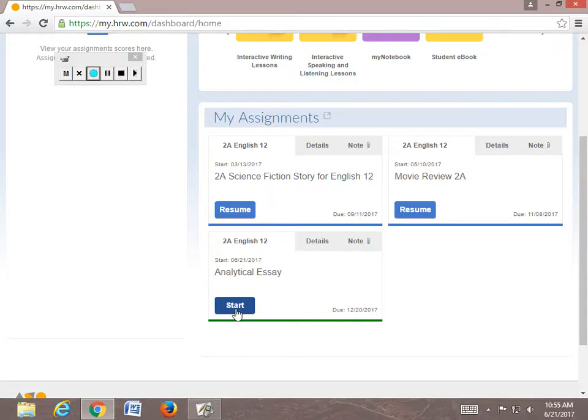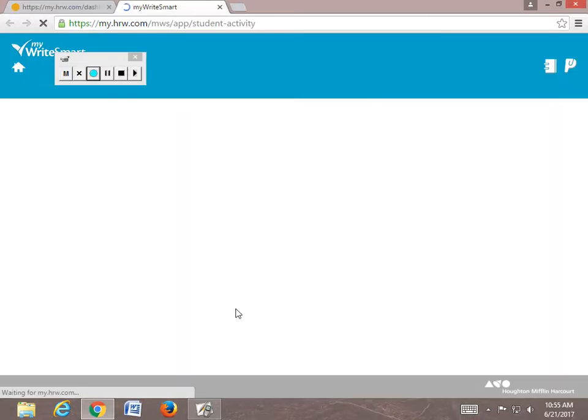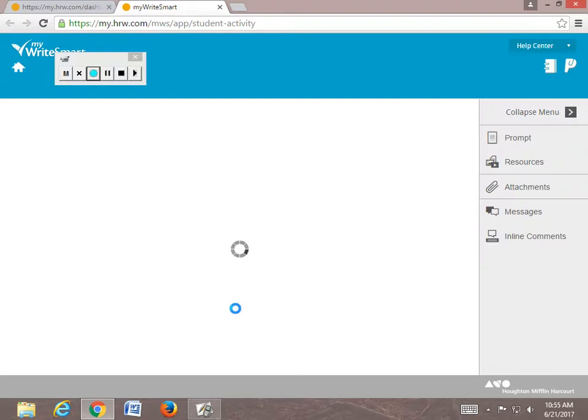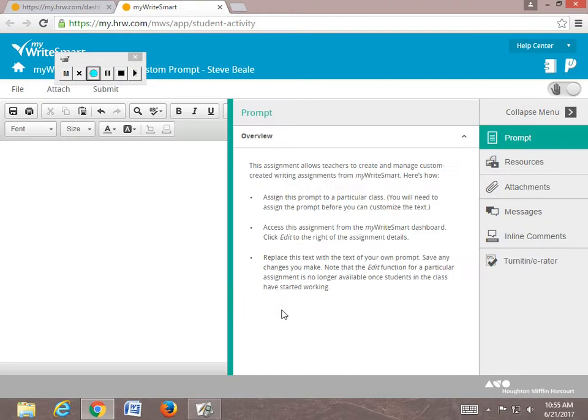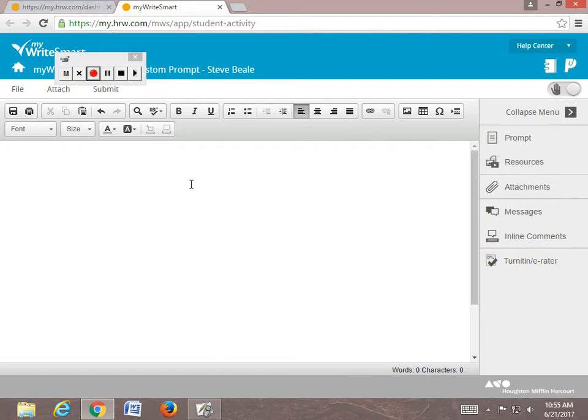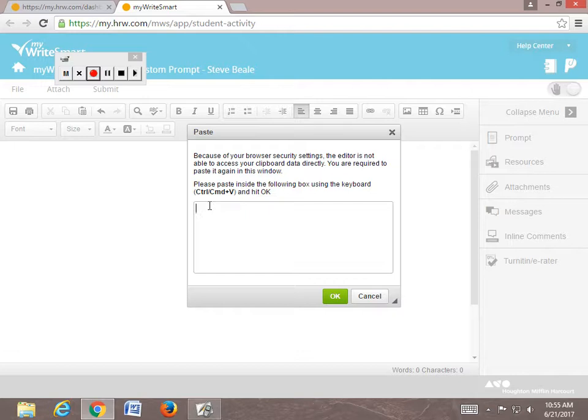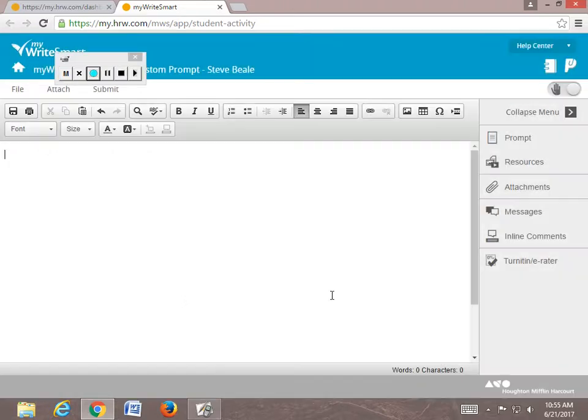So anyway, you'd go to Start, and it brings up this window right here, and what you're going to do is you're going to copy and paste into here. So if you'll right click, hit paste, it'll bring up this. You just hit Control V and you can paste into here, and then once you hit that, hit OK, and